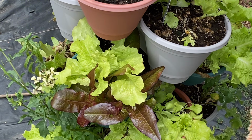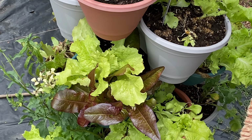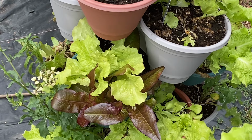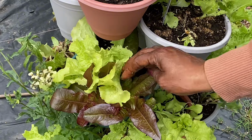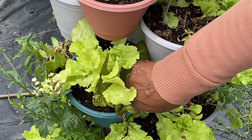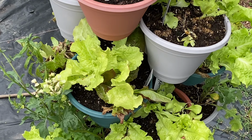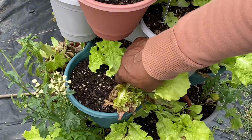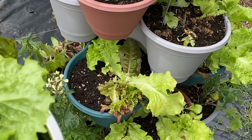Then I got some more down here that is so crunchy and crisp. I'll take some of this. It would be better if I had my knife out here, but I don't, so go ahead and get some of this right here. It looks like the other one, but it's a different variety. The other one was Chadwick's. Take some of those. Okay, so that's a nice salad bowl, but I don't think I'm finished because I saw